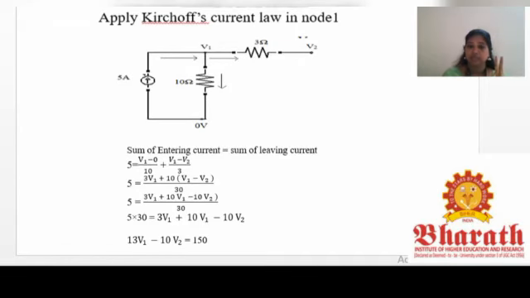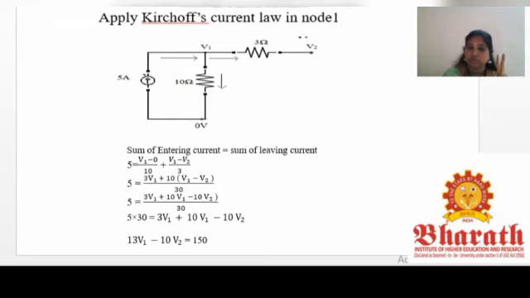When I say voltage, this element is connected between two voltages, that is the node 1 voltage and the reference voltage. The node 1 voltage we don't know, so I have written V here. We know the reference node voltage is 0, so I have written directly V1 minus 0 divided by the R value, the resistance value, which is 10. Same way, plus another element we have, that is our 3 ohm resistance.